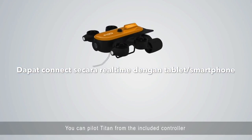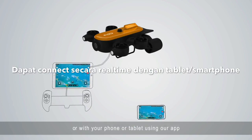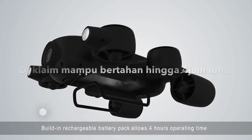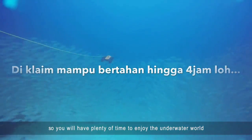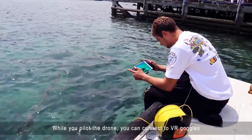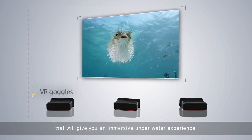You can pilot Titan from the included controller or with your phone or tablet using our app. A built-in rechargeable battery pack allows up to 4 hours operating time, so you will have plenty of time to enjoy the underwater world. While you pilot the drone, you can connect to VR goggles that will give you an